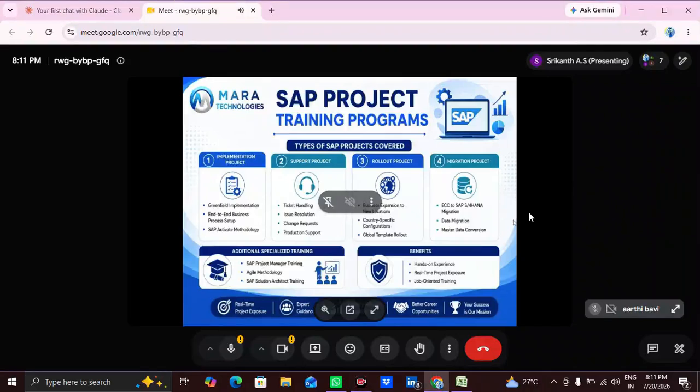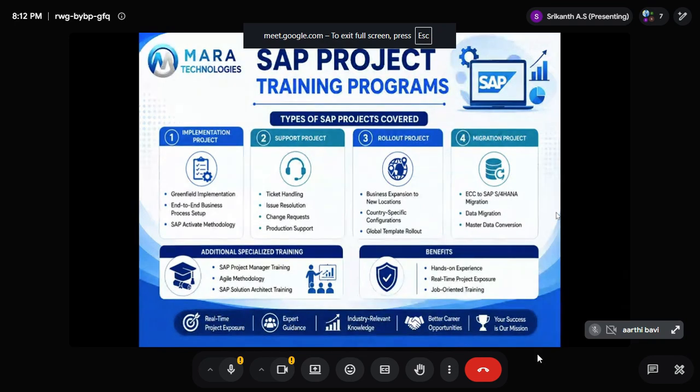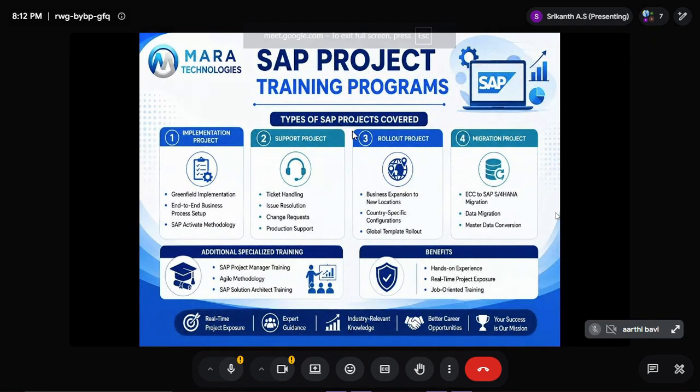Everything will be guided by us in the support project training. And for rollout and migration, we will provide you the global template, which is to be followed for rolling out a project from one company code to another company code, one plant to another plant, or one sales organization to another sales organization. Likewise, migrating from ECC to S4 HANA, what are the challenges we will face and what are